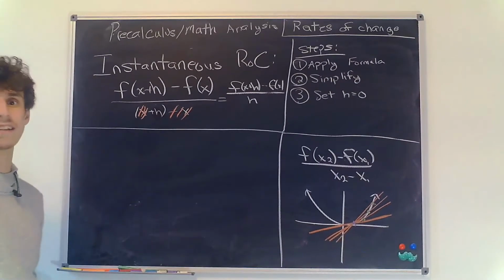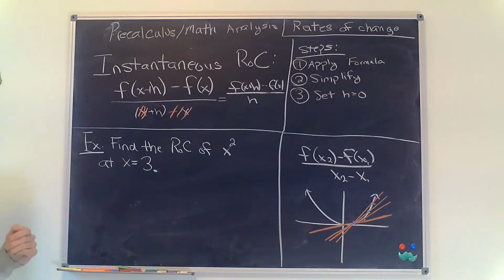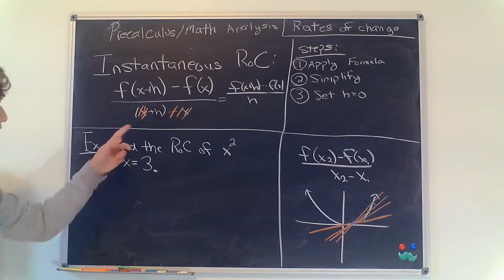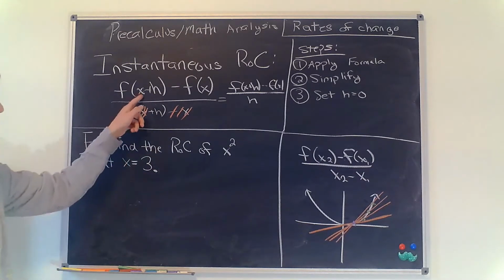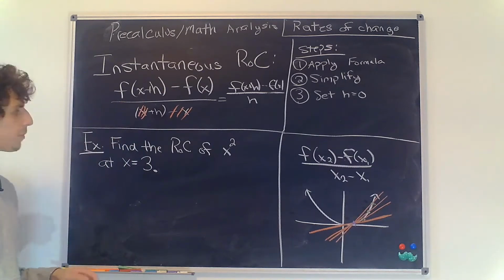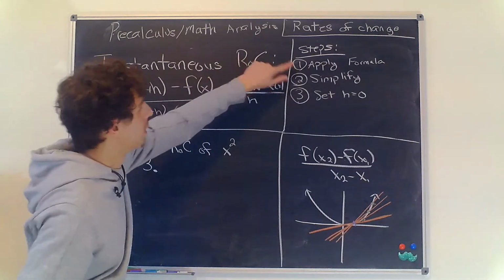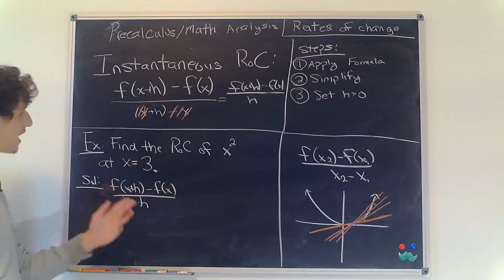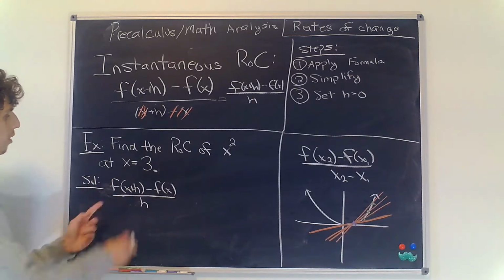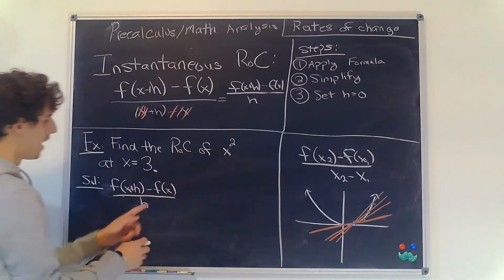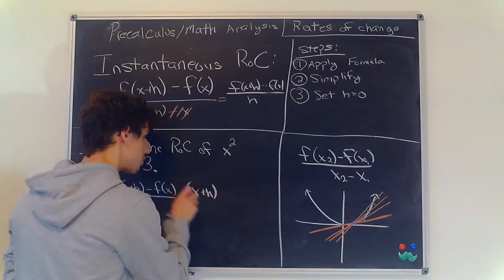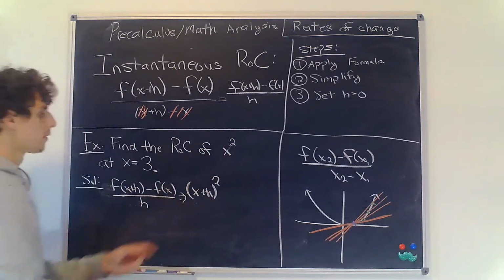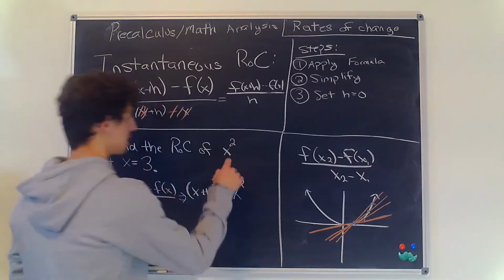Okay, so let's take a look at an example of how we could use this right here. Here in this example, we're asked to find the rate of change of x squared at x equals 3. So eventually what we're going to do is plug in 3 for this x here, and we're going to set this h equal to 0. But first we have to apply these steps. We have to apply the formula, so we're going to go ahead and do that here. We're going to use this simplified formula. Now we want to take our f of x, which is x squared in this case, and plug in x plus h for x here, and x here. We want to do x plus h squared. That's x plus h plugged in to this function, x squared, minus x squared, which is x plugged into this function here,